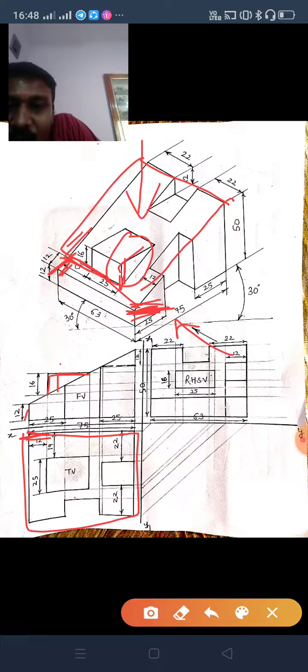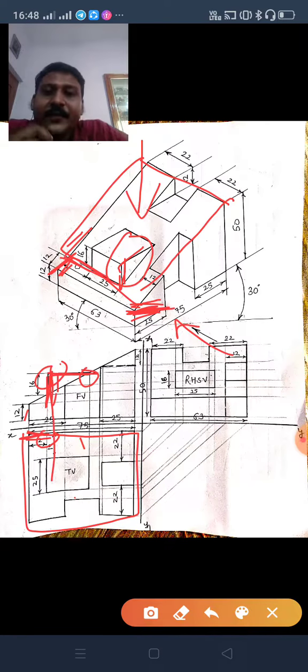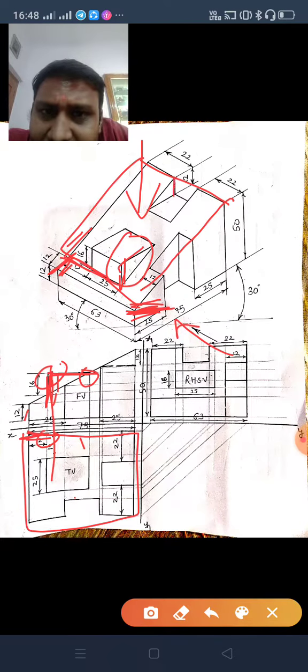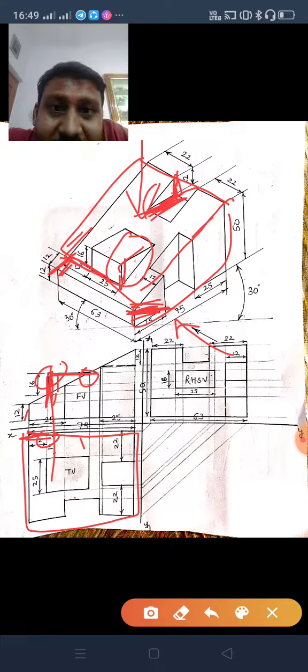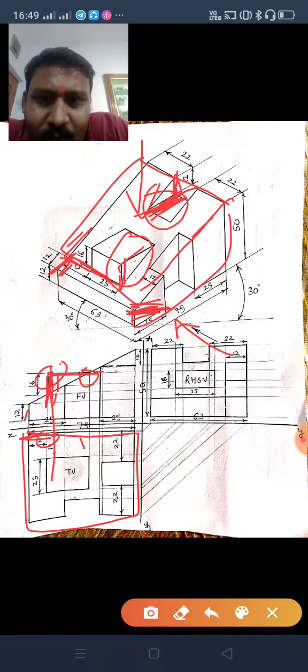Once you get this point, project it vertically, you will get this line. And once you get this line, from here draw 16 mm, you get this point, project it horizontally, you will get this point. So this is the front view. Still the front view is not completed, because when you are watching from the front you can see this also, but it is not visible directly. At 12 mm this depth is clear, so you are seeing this line, but because of this figure it is not clear, so it is a hidden part. That's why I have drawn a dotted line over here.